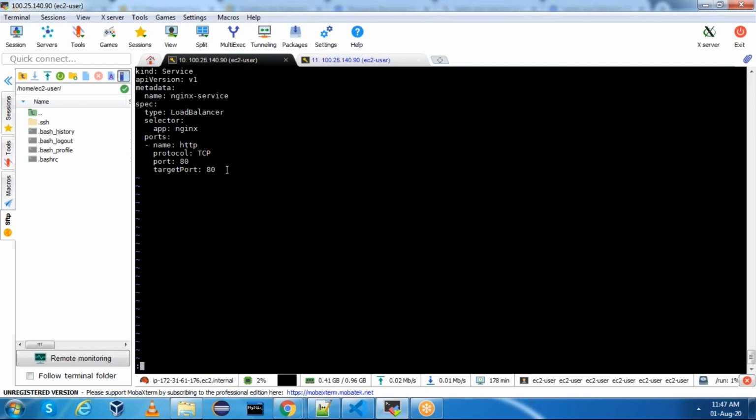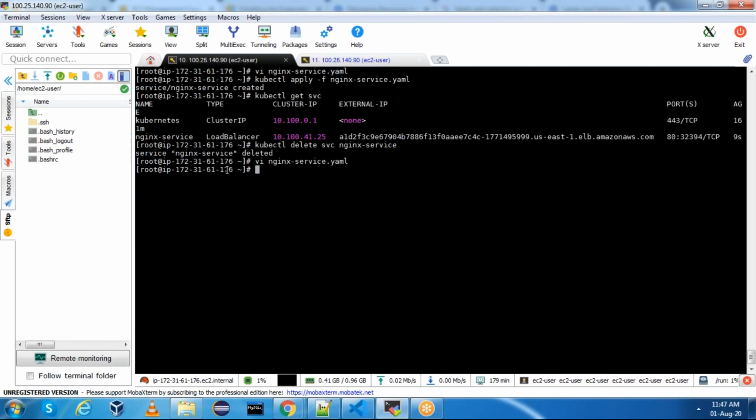Okay, see what happens is when you want to apply a service, basically if you want to expose the pod to the web or something, you need to apply that service to the pod with a match label. If you change anything, it will not work. Now run it. kubectl apply -f nginx-service.